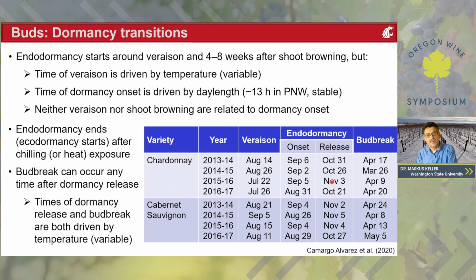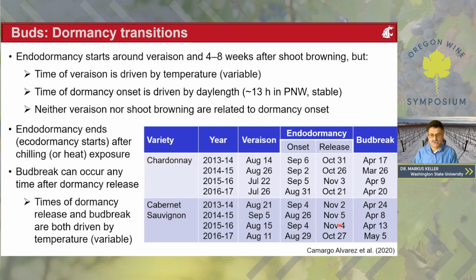And then the bud is able to break, but it will not break until it's warm enough. And that means that the time of bud break also can be very variable. We can have an early spring, a late spring. Variations of up to a month, as you can see over here, are not unusual. So we can have one year bud break occurs in April, another year occurs a month later in May,